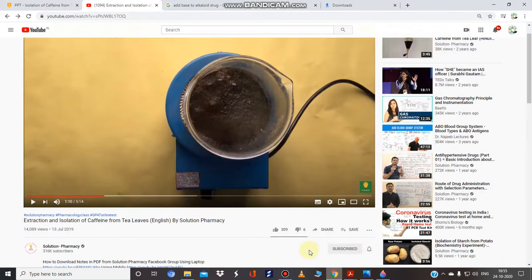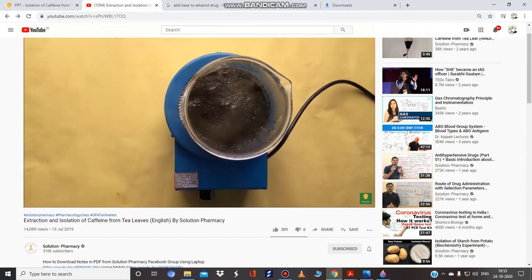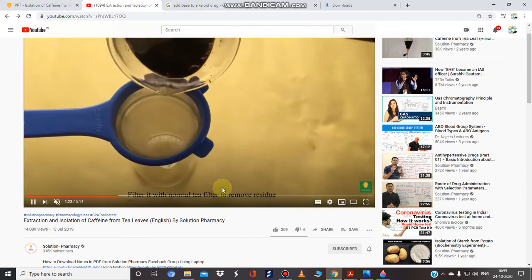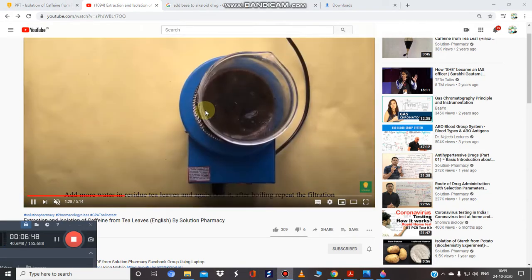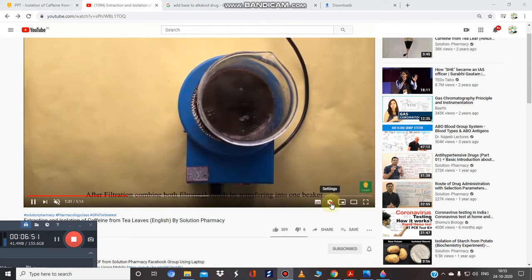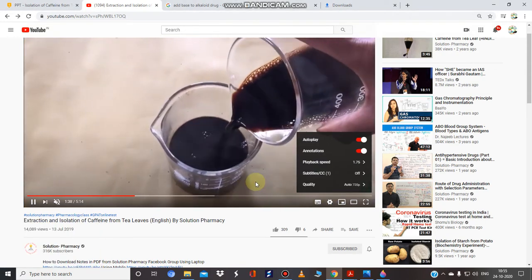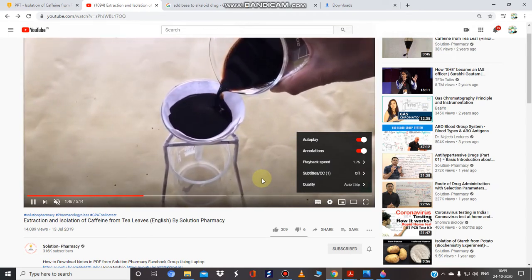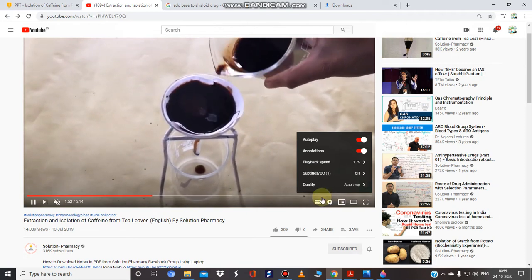So this is a simple procedure that is mentioned in this video also. Look at this here. We will boil the sample. We have already added the sodium carbonate into it. And the next step, we will filter it. Simple step. Let me fast forward the video a bit for you. We will do this procedure at least 2 to 3 times, depending upon the sample, and again start filtering it. This is a very simple 2-step method.